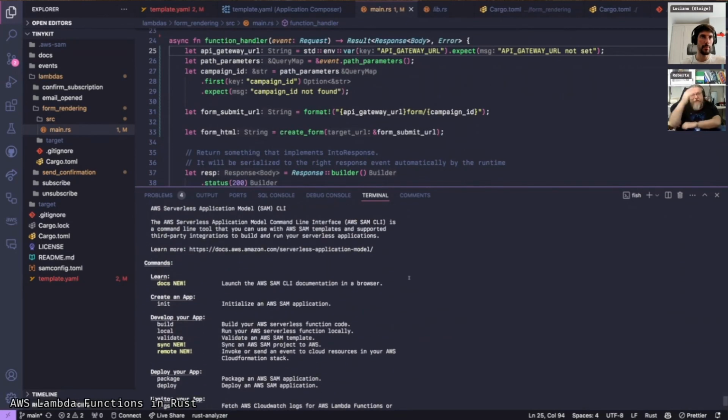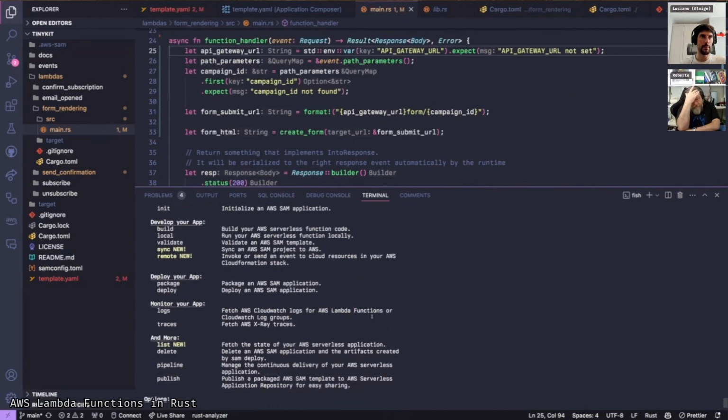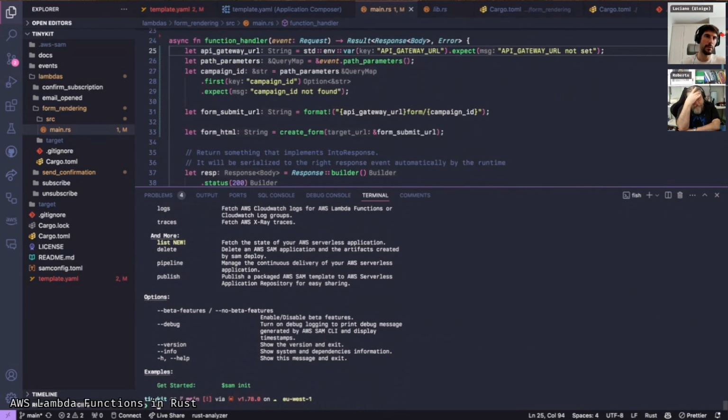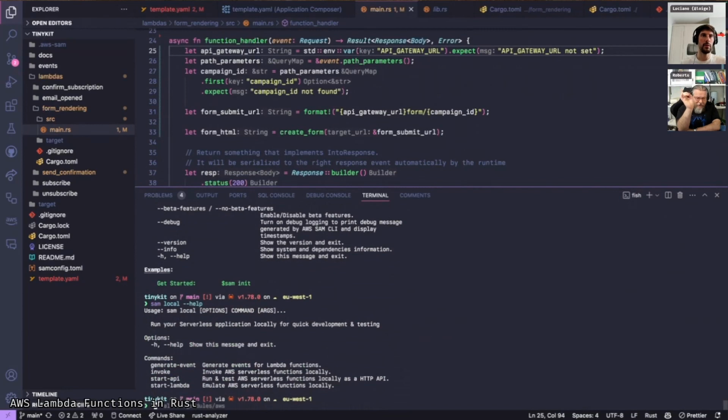I did that last time, but I don't remember either. So some local. But you have to run that in another terminal, no? Yes. So some local start API